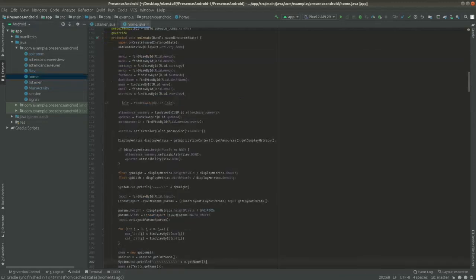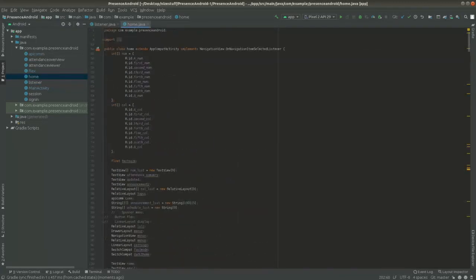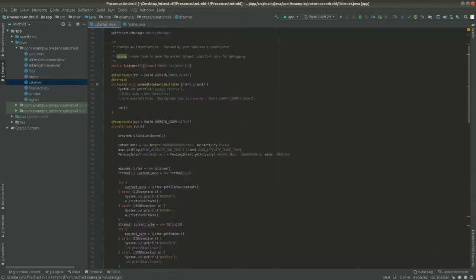Instead of say public class home extends activity compact activity, right? So you can immediately tell the difference. And basically in this